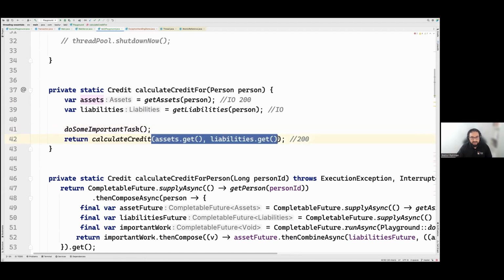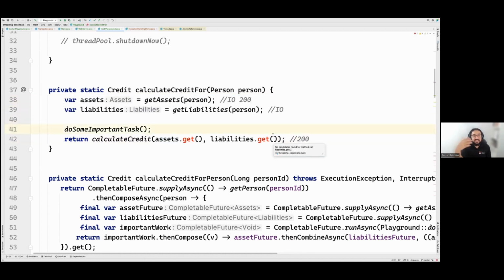So we are dependent. Over here, this is definitely a blocking operation. We cannot avoid that because we need the result. Otherwise, we cannot calculate the credit. So there is no way to avoid that. But we made some progress. For example, instead of 800 milliseconds, it is now 600 milliseconds, which is definitely progress.